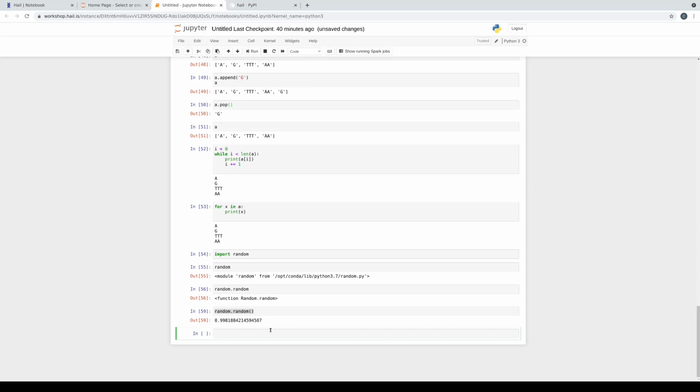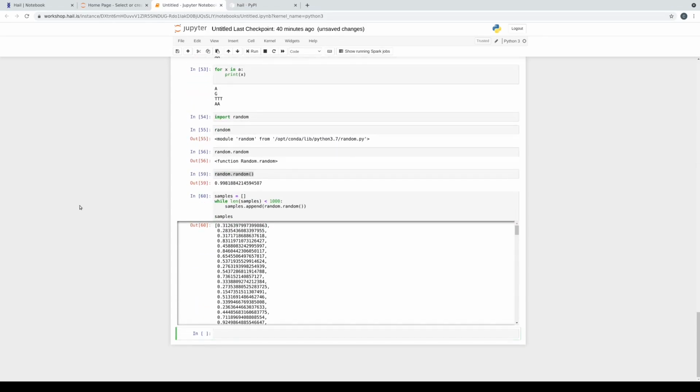So what we're going to do is start with an empty list of samples. And then while the list has fewer samples than we're trying to get, we're going to keep sampling and adding them to the list using the append method that we saw earlier on lists. So we'll say, while the length of samples is less than 1,000, we want to sample by calling random and adding it to the list using append. So samples.append, random.random. Right, and then let's print out samples just to see what we got.